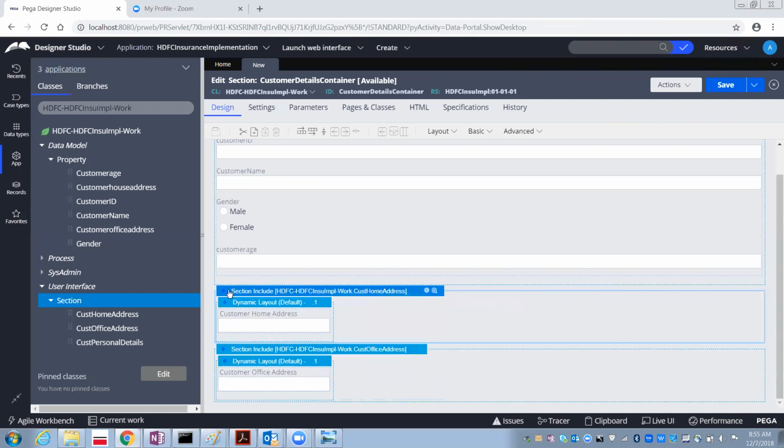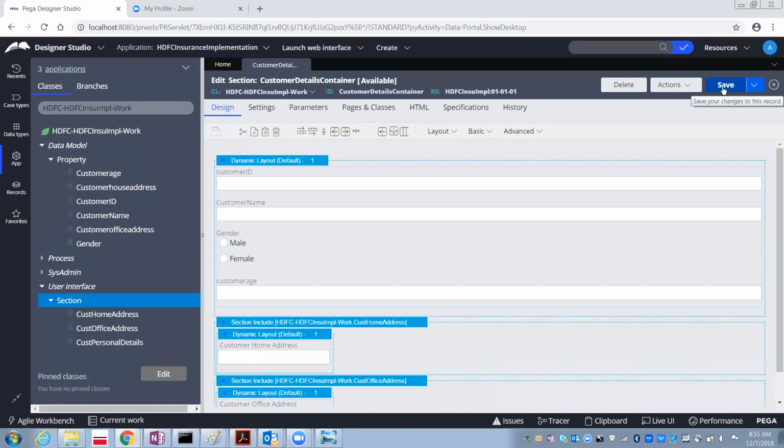See, now first home address and then office address. So like that you can place it and save this section. Now this section got saved.